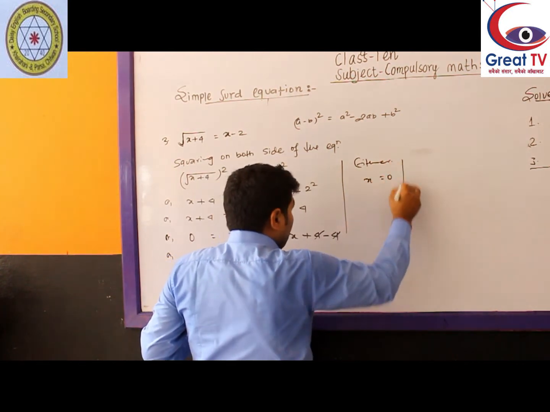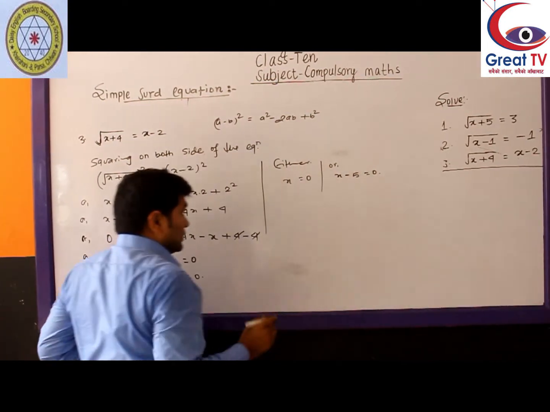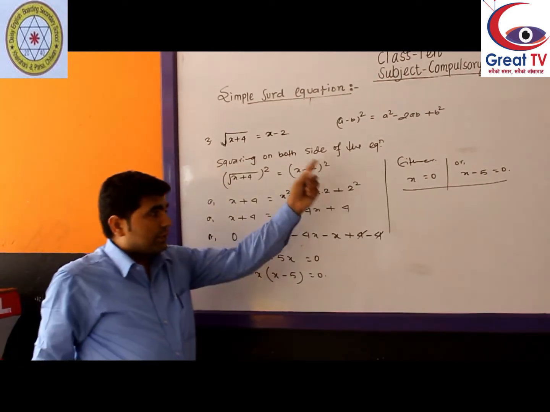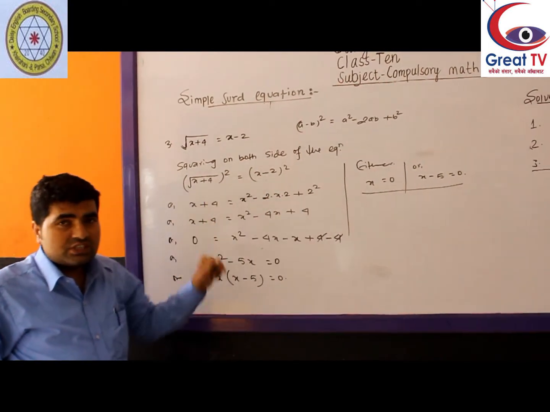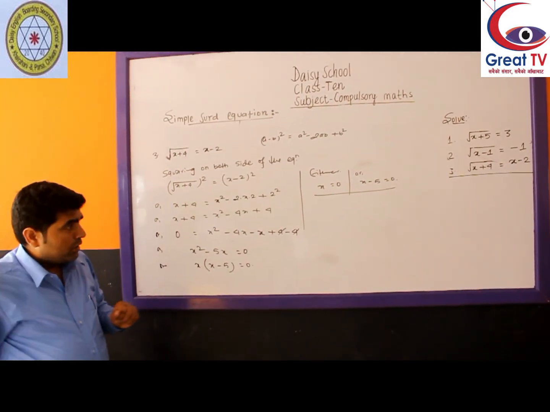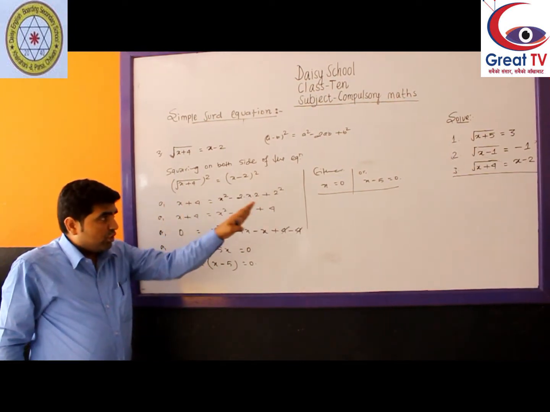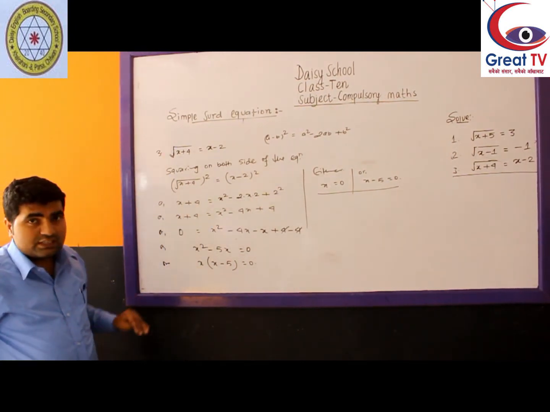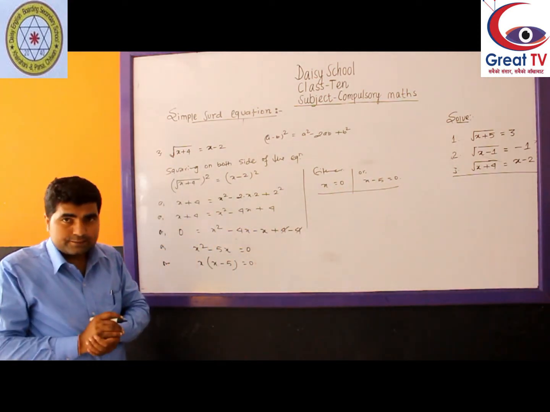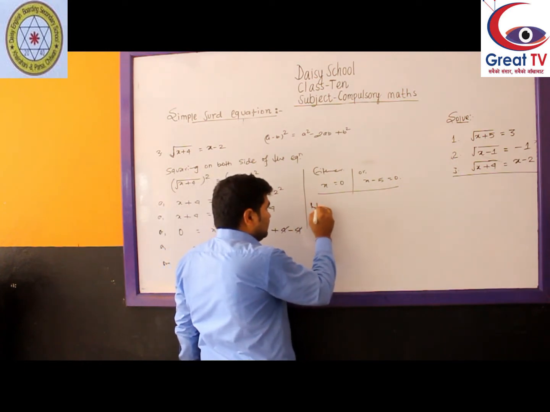x equal to 0 or x minus 5 equal to 0. Are both of these solutions of this equation or not? Both are roots of this equation, but are both perfect roots or not? When we put the values of x equal to 0 and 5, only if both values satisfy the equation can we say these two values are perfect roots. So first, now